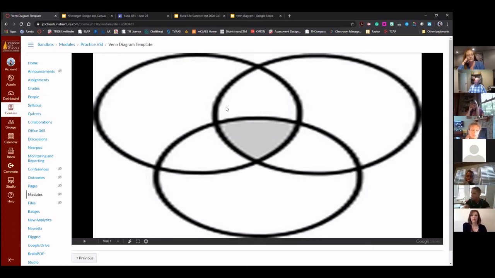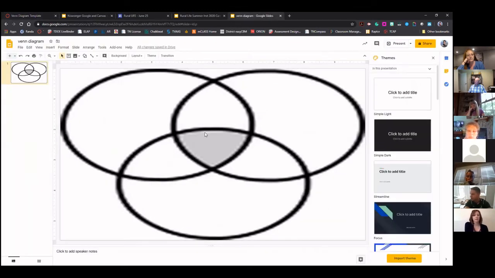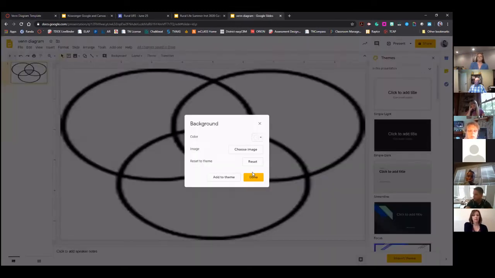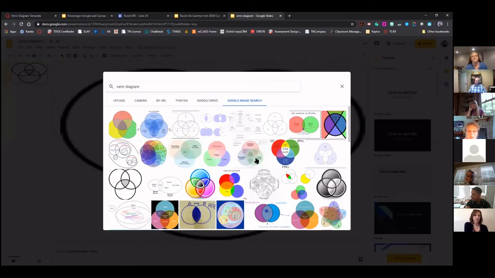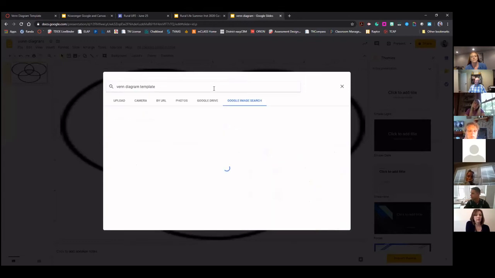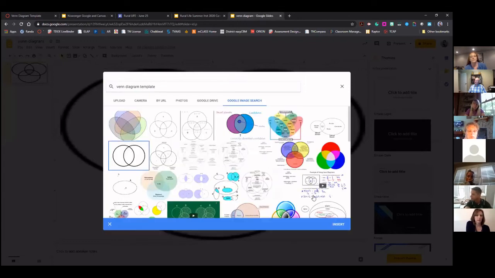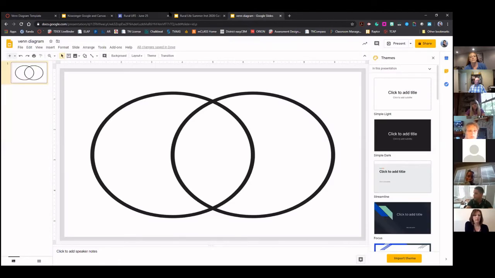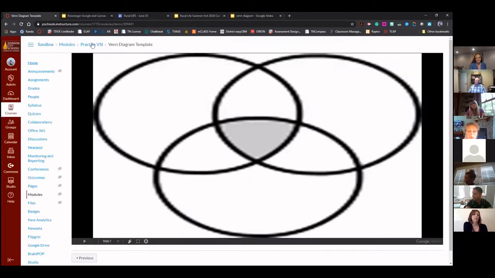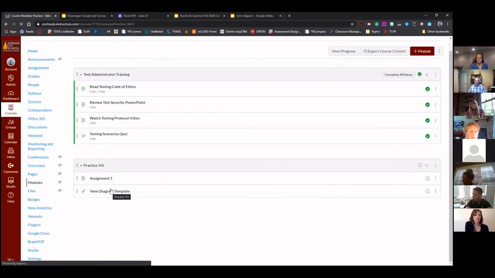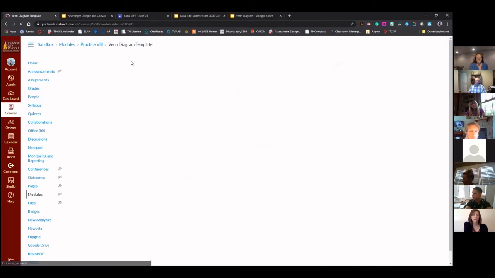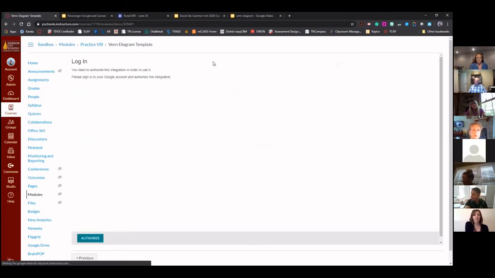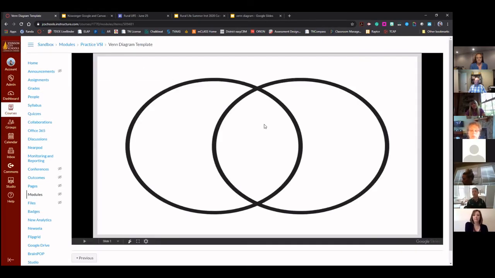What's nice is if I go here and I'm like, you know what, I really don't like this background and I'm going to change this background because I really want, you know, just a 2 Venn diagram template. So I'm going to change it to this, insert that. So now I've got a 2 Venn diagram. If I go back and I go back to where I'm going to click on this, inside of there, it changes to whatever that link is going to be.